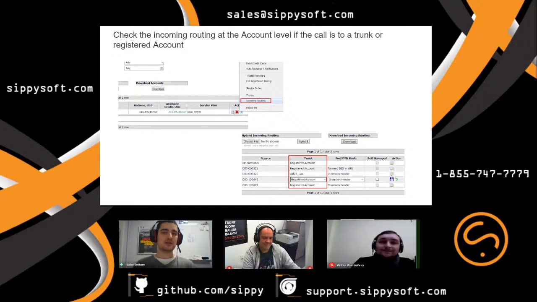In this menu, select the incoming routing item, and here you can define where calls will be sent from each of the assigned DID numbers. The call can be sent to a registered account on-net routing, or to a trunk. Since we're discussing the case with on-net calls, you need to set the register account value.